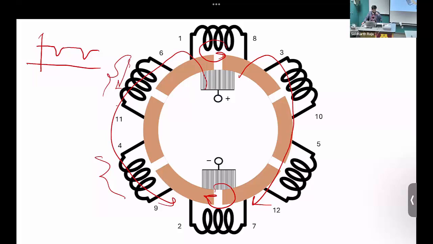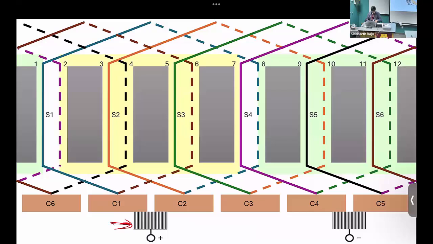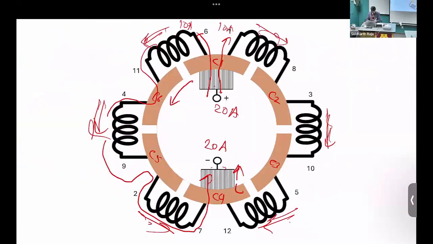So the current will start to drop in the coil and then transfer the direction. Because let's look at the direction of the current. In this case, the current was going from conductor 1 to 8, right? Everybody clear on that? So on the left is conductor 1, on the right is conductor 8. So current is coming in from conductor 1 going into conductor 8. But once it goes to the other side,